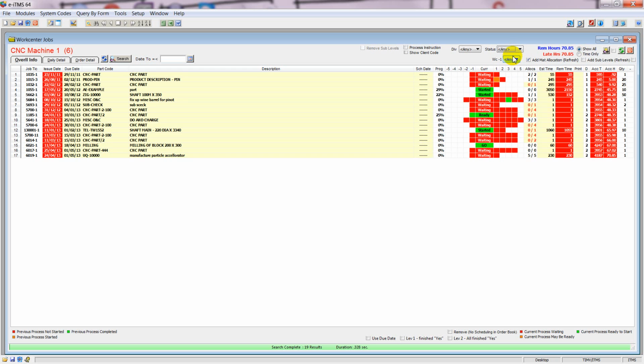You can actually still run the scheduling, the capacity scheduling, and get this date, and still use this window as the list to give them. So you can use the other list if you want to, or you can use this list. Right. Okay, so that's